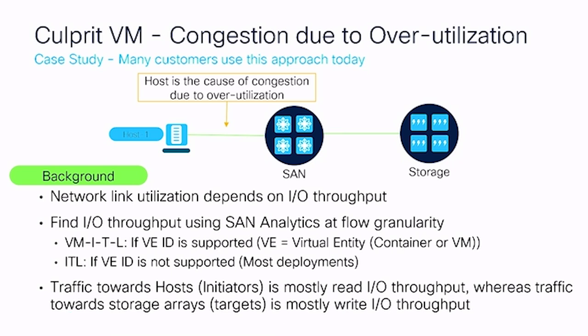So when that link, host 1 link, is overutilized, it's really caused by a lot of read I/O throughput, not write I/O throughput. That's one thing to understand. The second thing is there's something called a VEID capability. Not sure if you guys have heard. It's a standard-based approach. It's quite new. Using that approach, the network comes to know about the virtual entity. It could be a VM, or it could be a container. Really a futuristic thing. I don't believe anybody has that today. So most customers are in the second bucket where they have the visibility of an ITL flow. So use the second option that I have